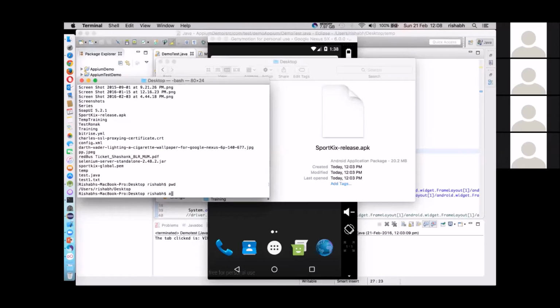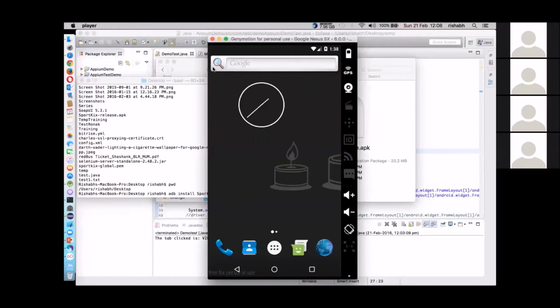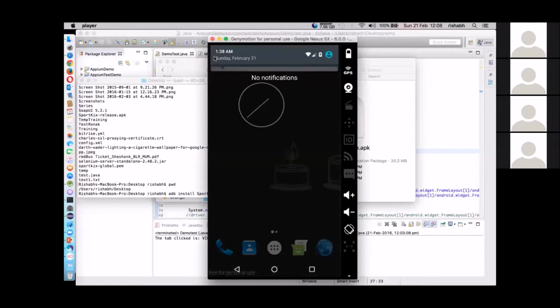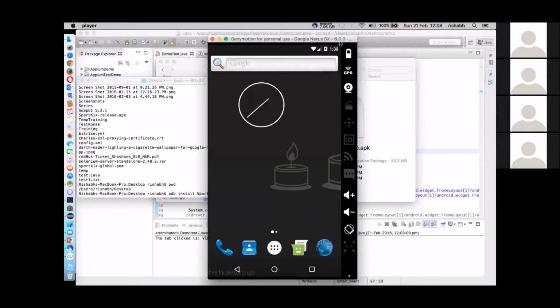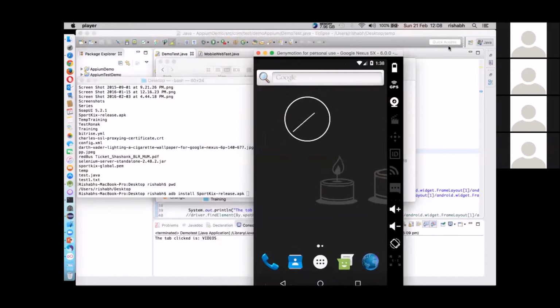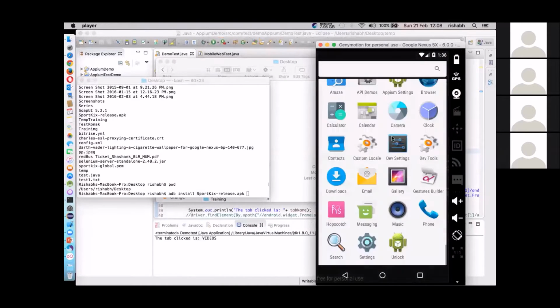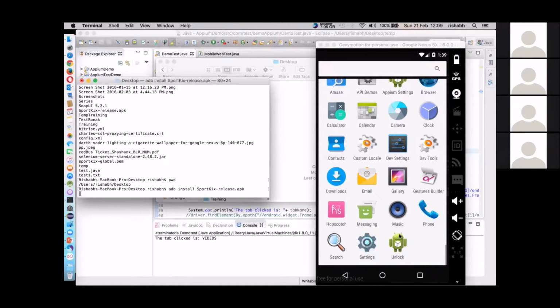If I type adb install and then SportKicks release APK, it will install my application on this particular emulator. Right now you can see SportKicks is not installed, and once I enter this, you will see that ADB has installed it.